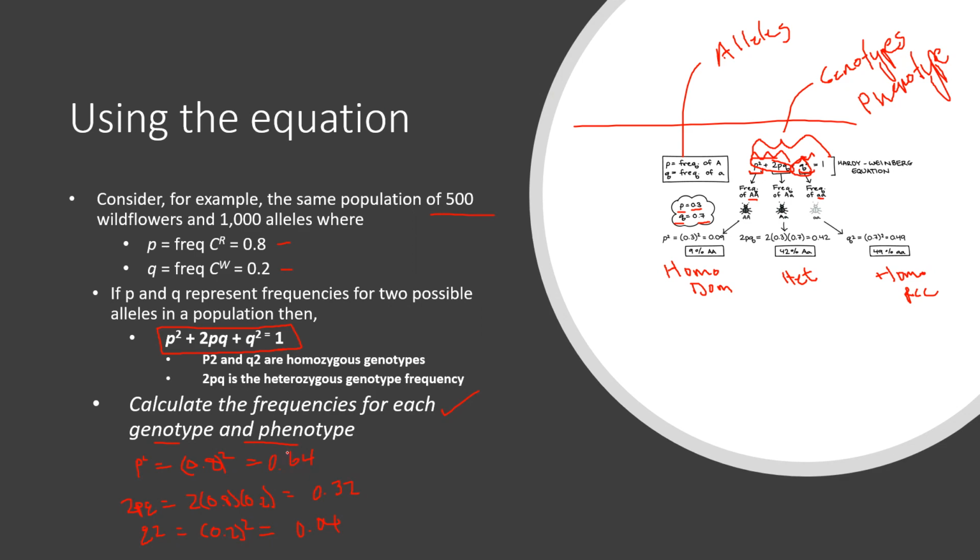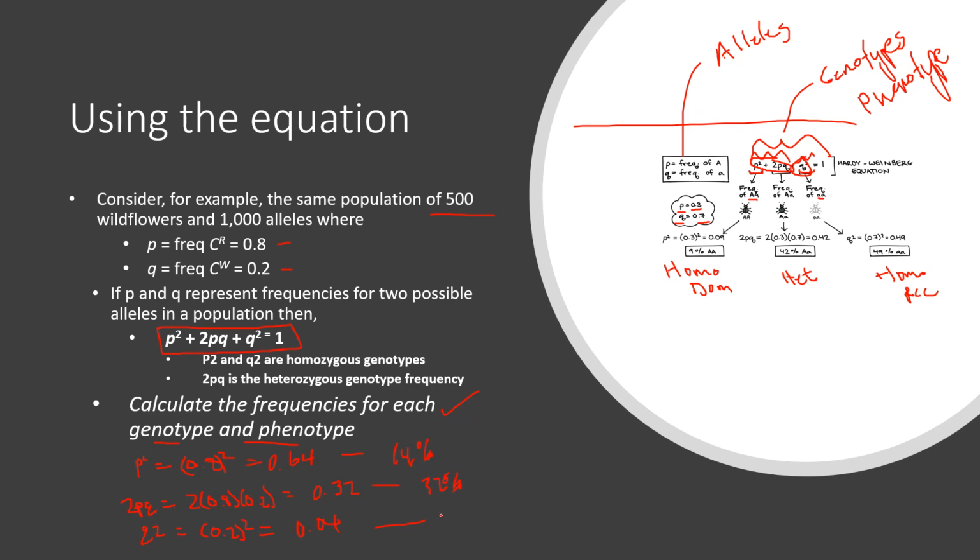Now we can calculate the phenotypic frequency. Well, we kind of already did, because each one of these is its own phenotype, because it's incomplete dominance, and so each genotype would have the same phenotype. You can then multiply these by 100 to get the percentage, so you'd have 64%,